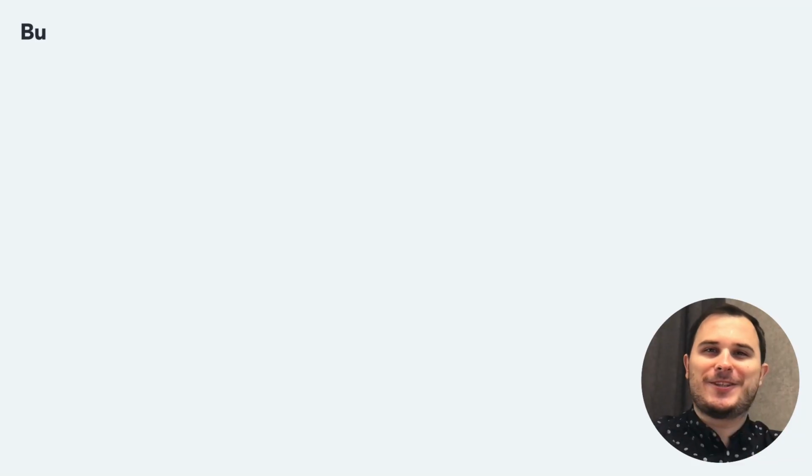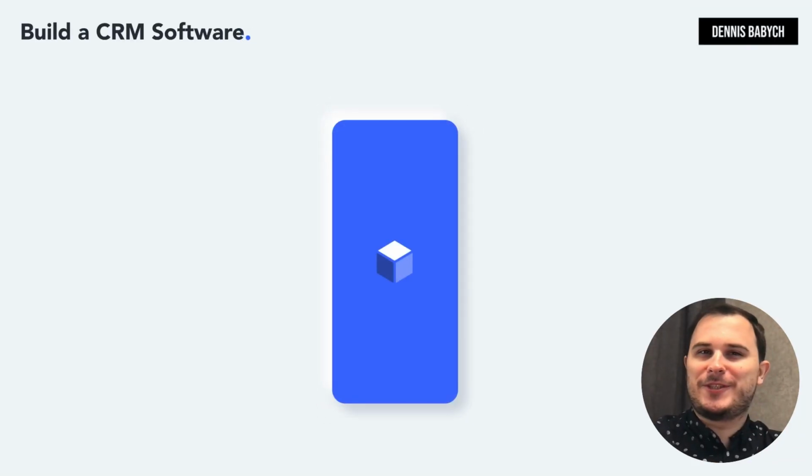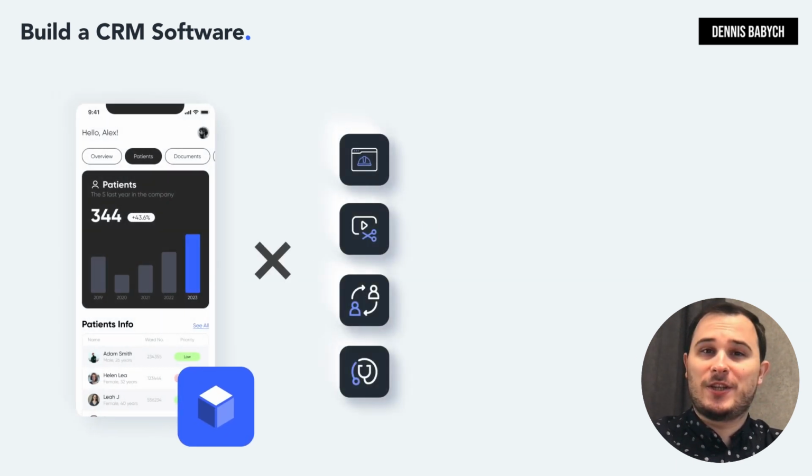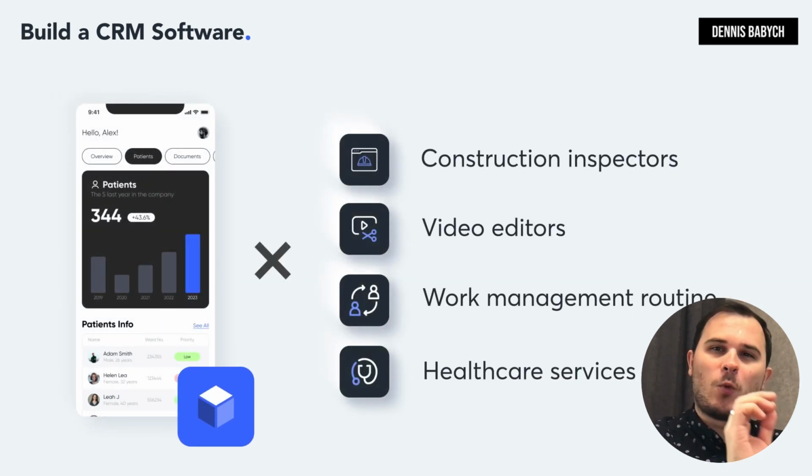Hey there, are you interested in developing your own custom CRM platform? Or maybe you have a unique idea to create a CRM for construction inspectors, video editors, work management routine, or even healthcare services like dental CRM? Well, stay with me because I'll share a step-by-step guide on how to do that in no time and save